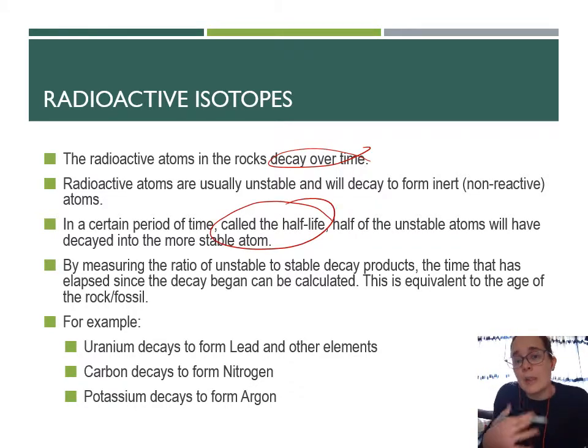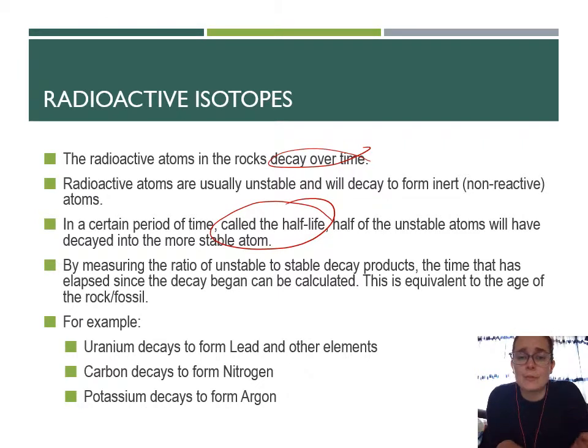So they can calculate how long it takes for 50% of the atoms to change, and then from that we can look at extending that into a greater sample of atoms that we're finding within fossils and rocks and those types of things. So the options that you have in terms of your radioactive dating or radioactive isotope dating is